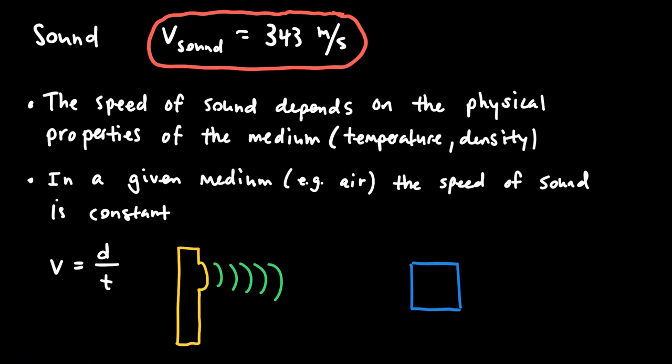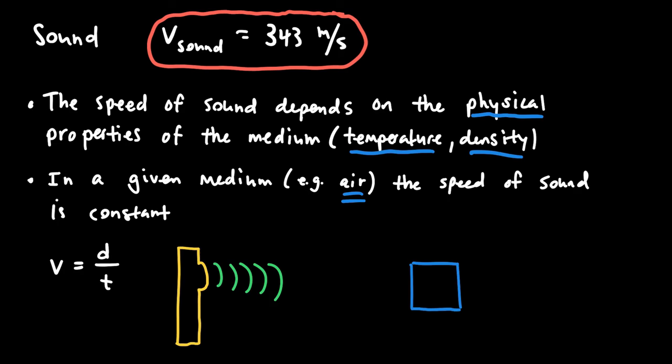The last couple of topics here, we're going to talk about sound. And we know that the speed of sound is 343 meters per second. And one of the places where that number comes from is that the speed of sound depends, just like the other mechanical waves that we study, on the physical properties of the medium. So for sound, that's things like temperature and density. So if the temperature goes up or down, or the density goes up or down, the speed of sound will change. But for a given medium, for example in air, the speed of sound is constant,